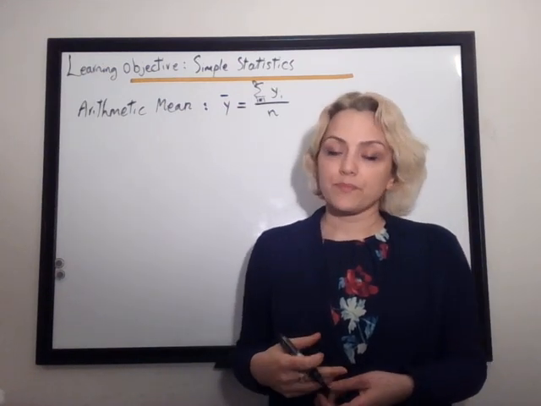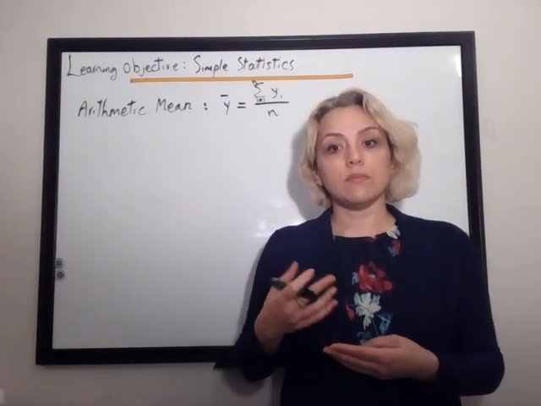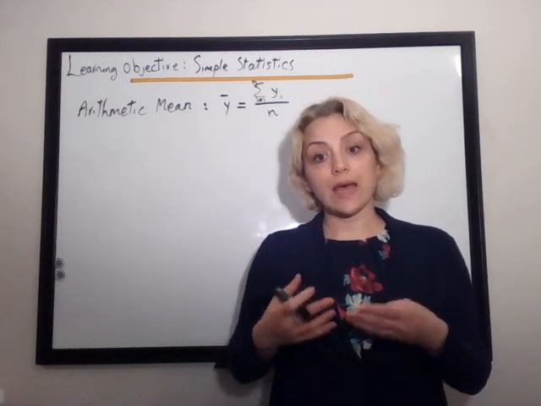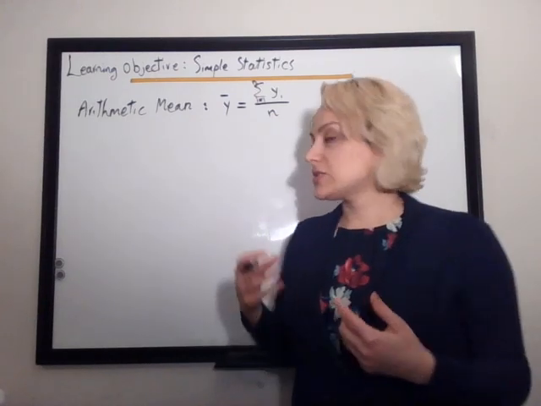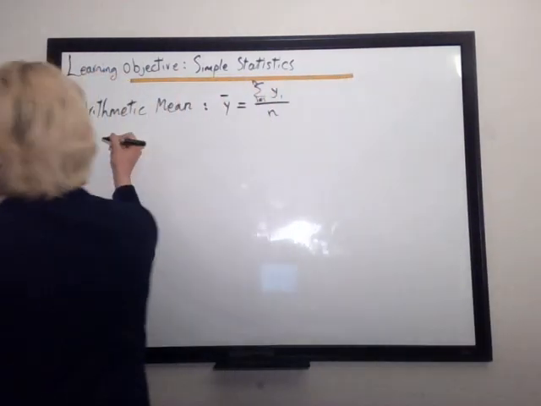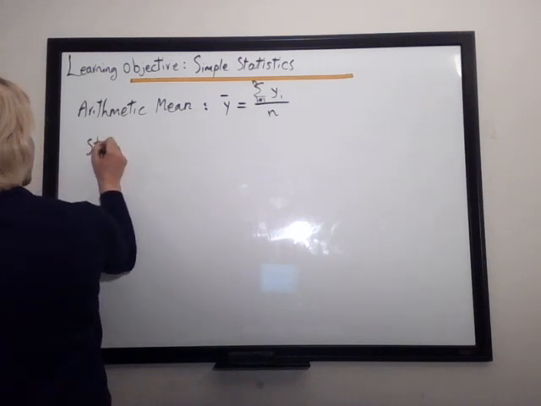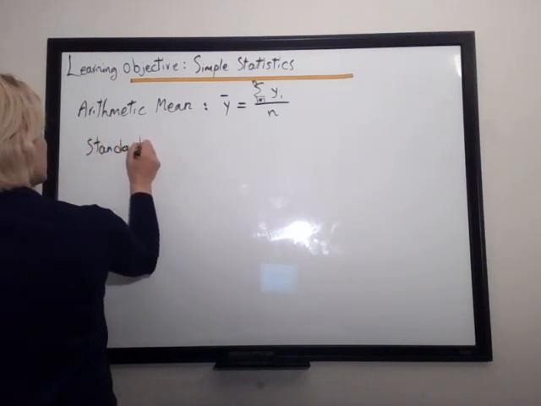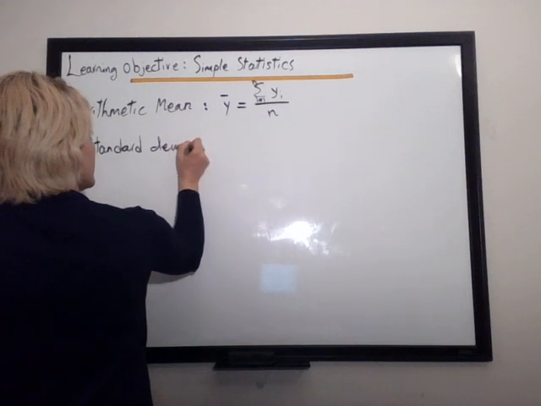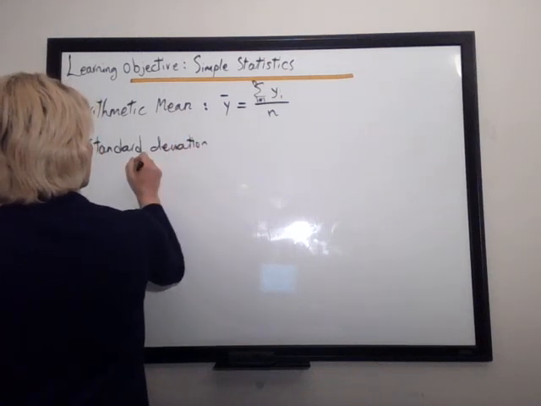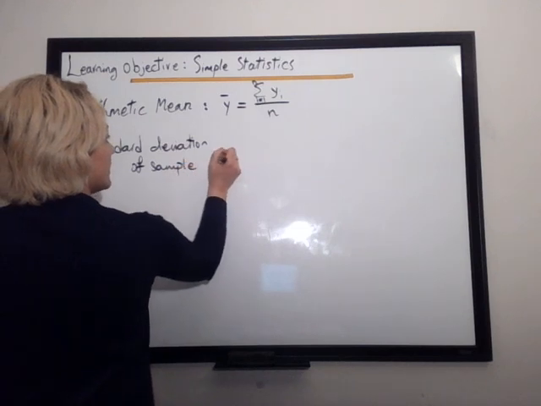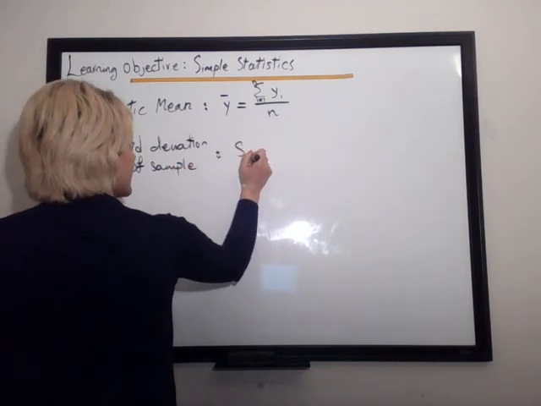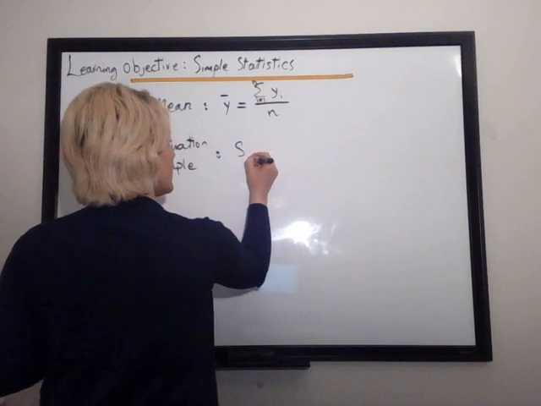The second thing that I said we are looking for is the degree of the spread of the data set. The most common measure of spread for a sample that we use is the standard deviation. So here, I would say the standard deviation of our sample,